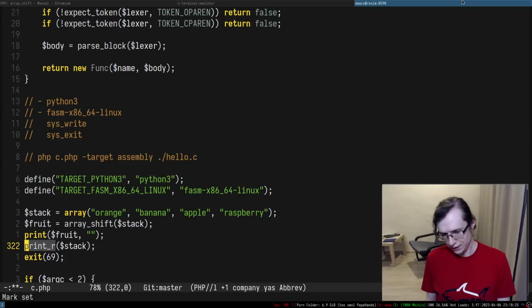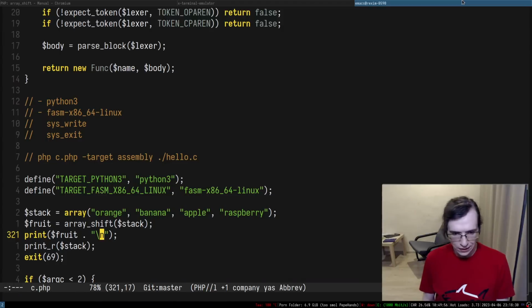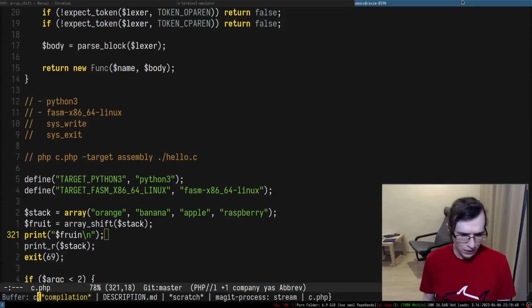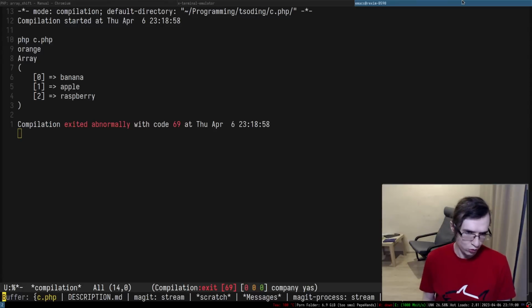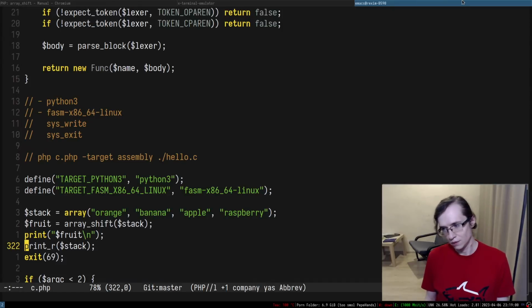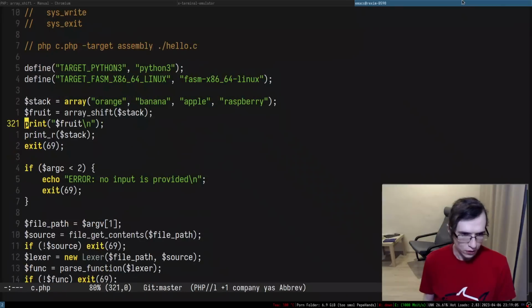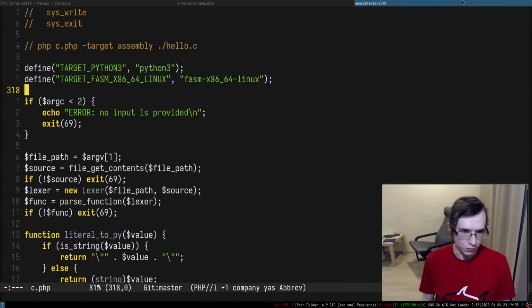print_r. I'd never heard about this function before, but this sounds like something interesting. Can I just do string interpolation like in Bash? For some reason, Emacs is super slow for me. Yeah, I cannot do that, unfortunately, so I probably have to do some shite like that. Print? Oh, maybe I actually made a typo, that's why I couldn't do that. Is that because of the typo? Okay, so I can actually do this. Yeah, that's pretty cool. So that means this is actually more than enough for me.